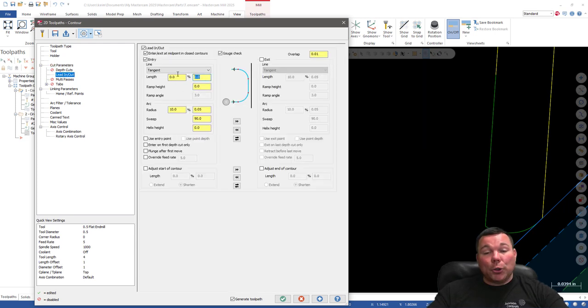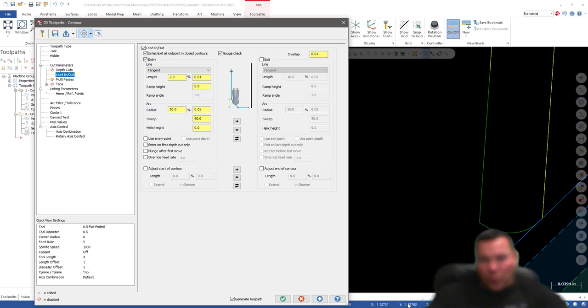So it doesn't matter what you make this, as long as it's like 0.1, it has to be essentially 0.01 or something like that. We have to have some sort of line there where it can lead in, some straight line that it can actually lead